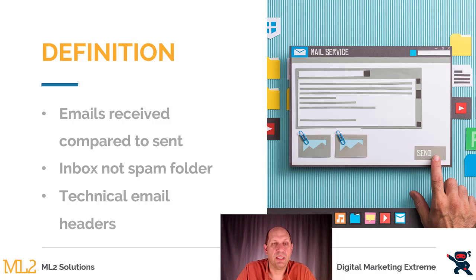So in this case, you may be doing an email marketing project or something, and you're sending out a number of emails. The emails you sent may not all be received, and so email deliverability is the ratio of the two. Obviously, you want email deliverability to be very high. However, there is something to be